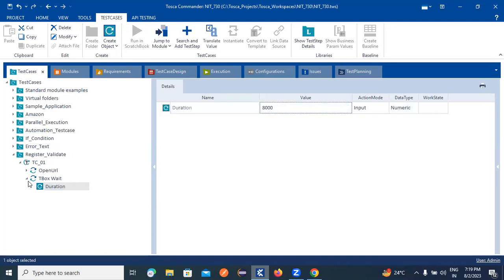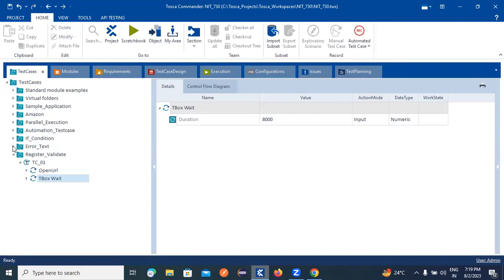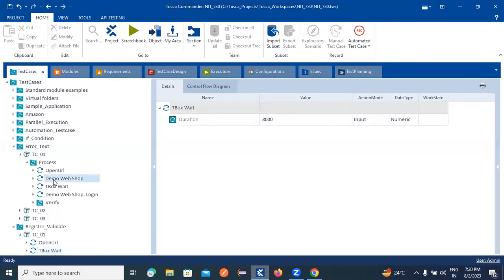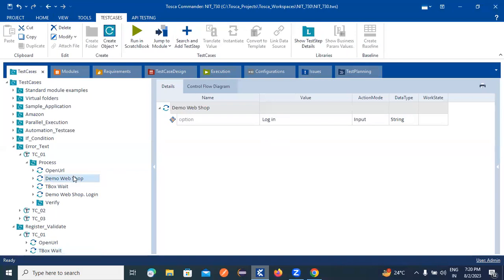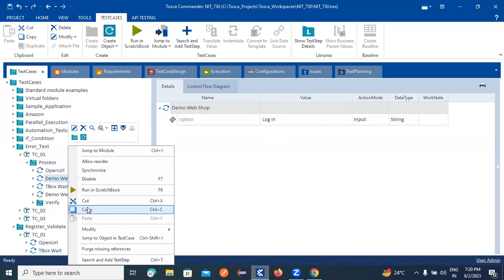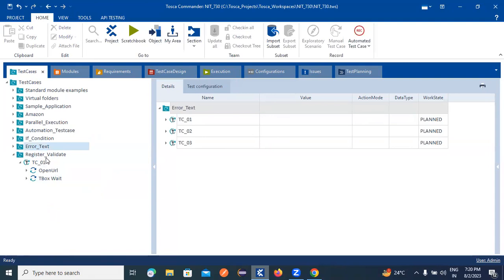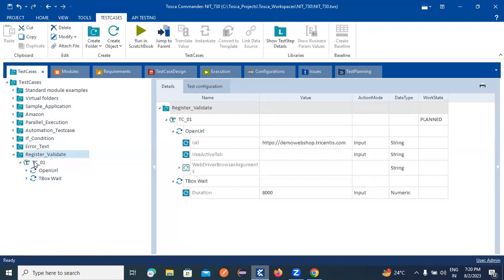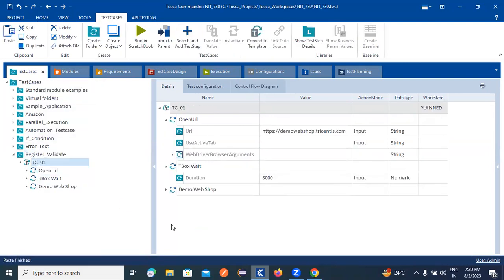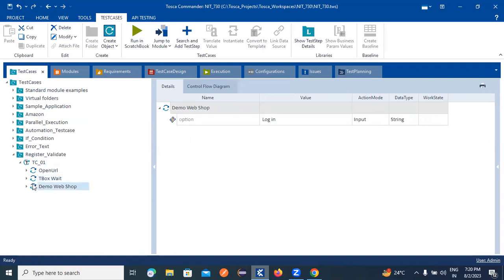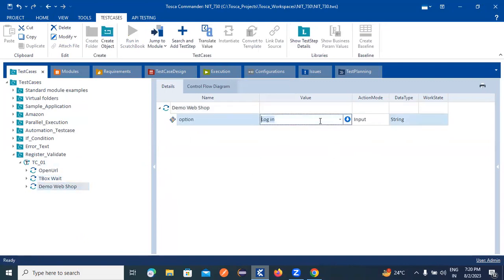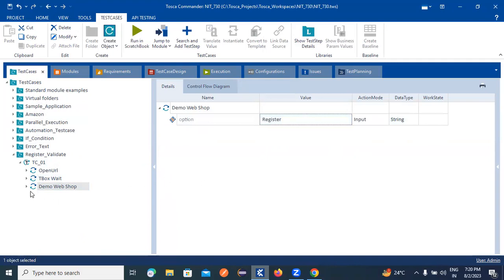And after that, I want to click on the register button. I just copy this one and paste it here. Here I will choose register. And after that,